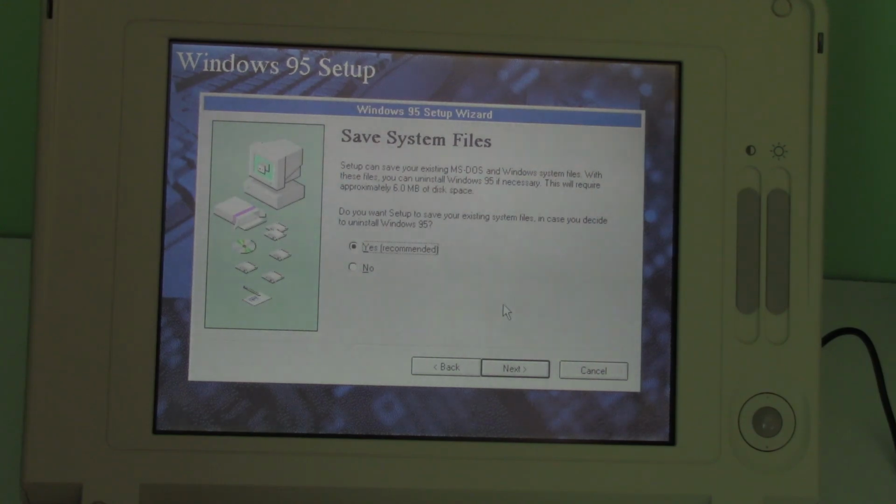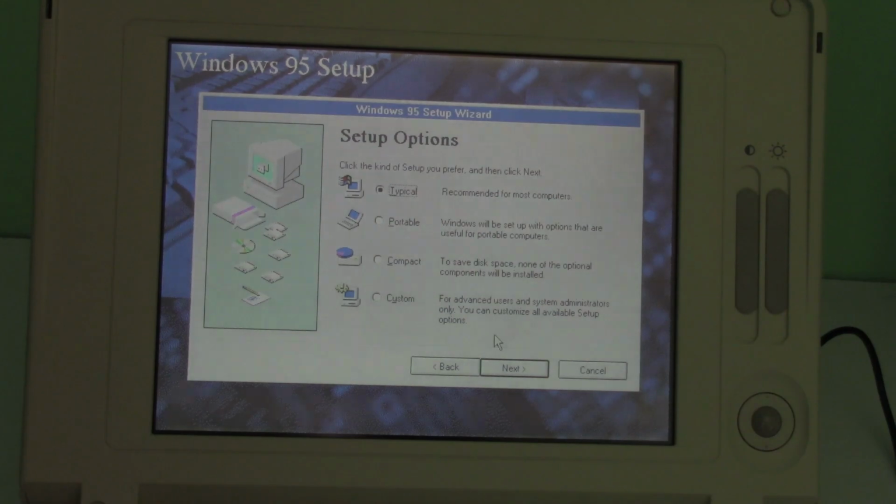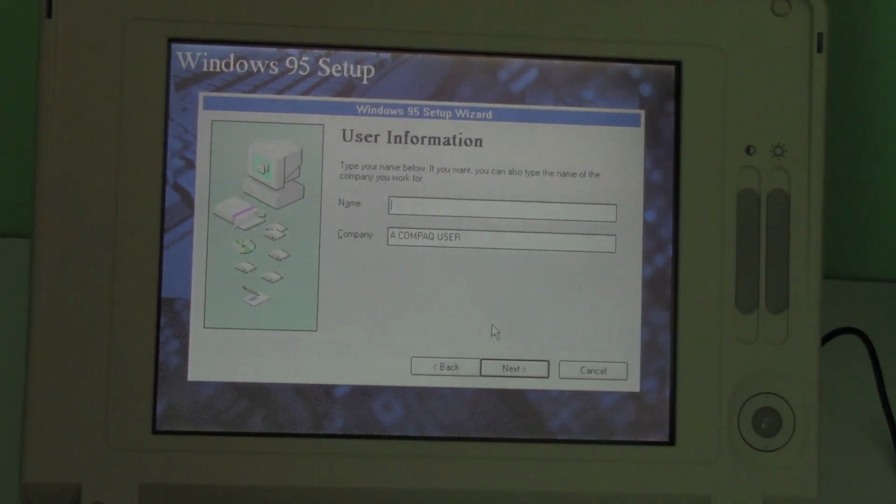Do you want Setup to save your existing system files in case you decide to uninstall Windows 95? Sure, why not? We'll do it. Come on, 100%. Oh yeah, right. We're gonna do it. We're gonna do all of it. Come on. What should we call our amazing user? We should call it